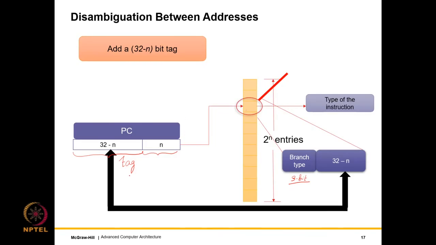Of course, here a lot of innovations are possible. If, let's say, n is 10 bits, then the tag will be 22 bits. But instead of saving 22, we can maybe save just 10 bits. So what will then happen is that the possibility of aliasing will still be there. However, it will get substantially reduced. And what will we gain? Well, we will gain storage space over here, or this table will be smaller.